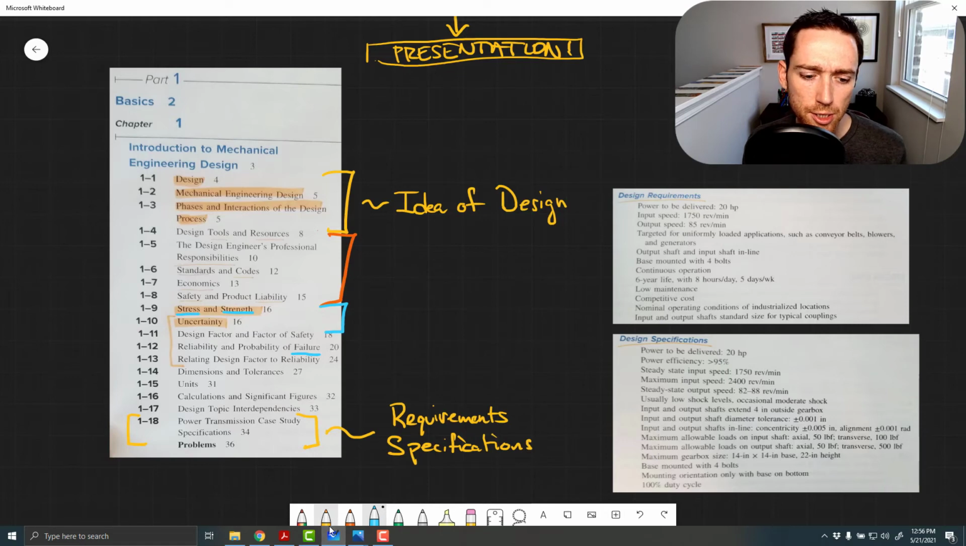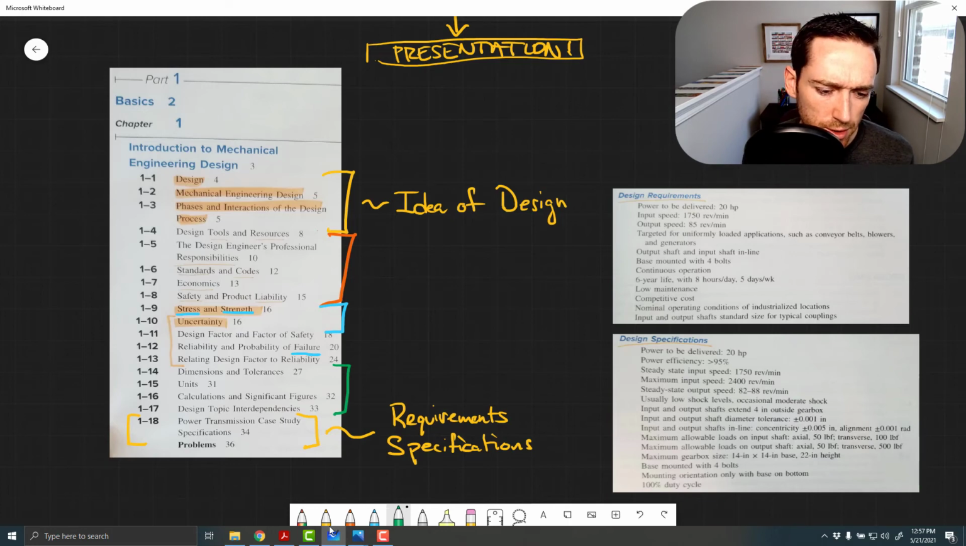And then the chapter wraps up with talking about dimensioning and tolerances. This is the symbology, if you will. It's the language of engineering drawings, of creating exact specifications for part geometry. And then units are, of course, very important when we're designing things. You don't want to screw that up. Obviously, there are many examples. And then lastly,